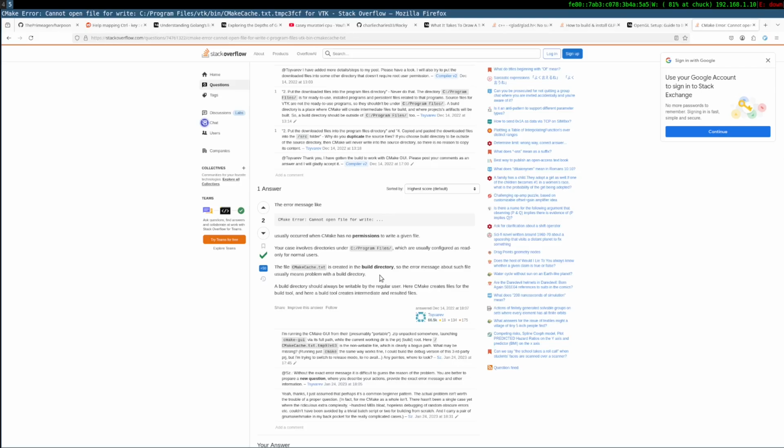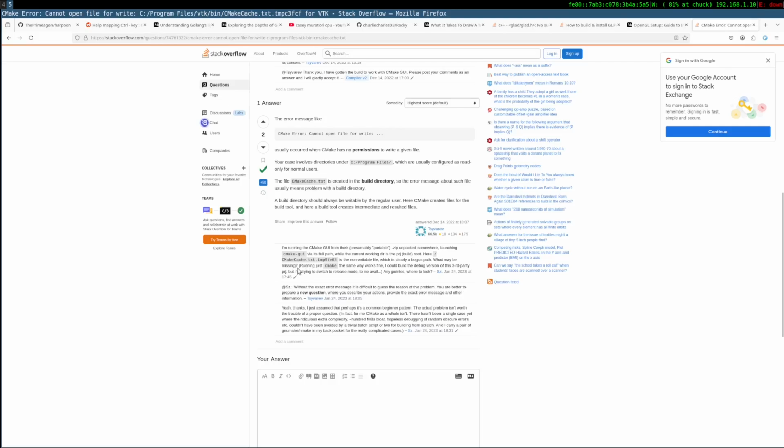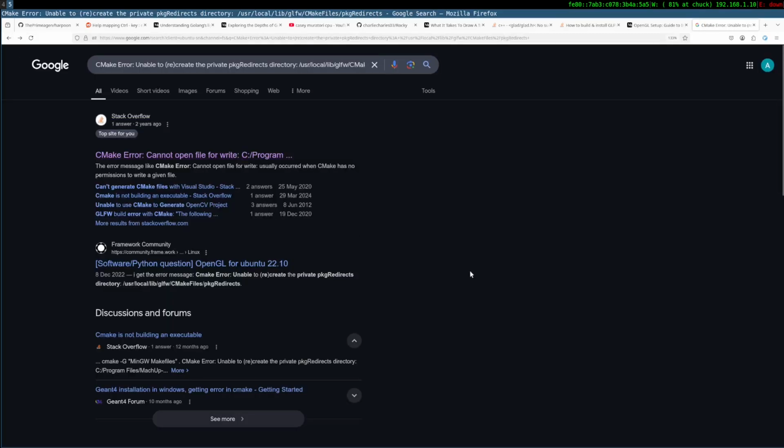So the error message about such a file usually means a problem with the build directory. A directory should always be writable by the regular user. Here cmake creates files for build tools. Okay, I'm running cmake presumably portable zip somewhere. Without the exact error message it is difficult to guess the reason for the problem, but your new file is executable, the main problem.